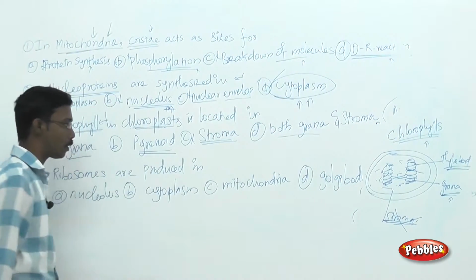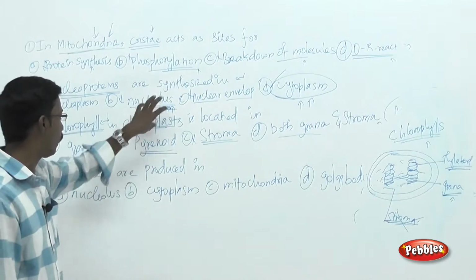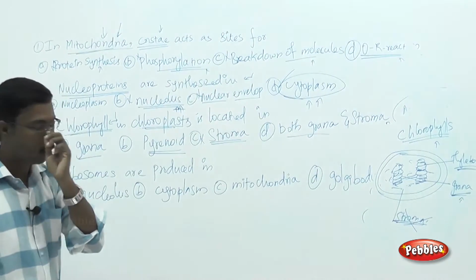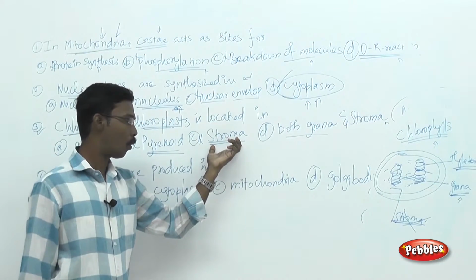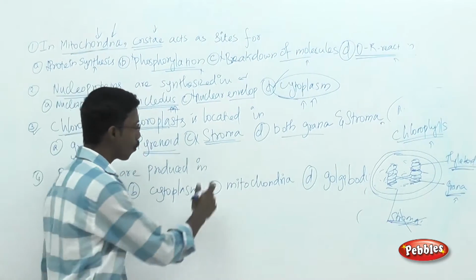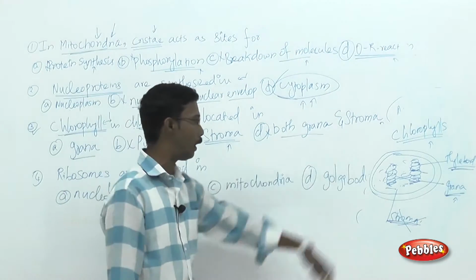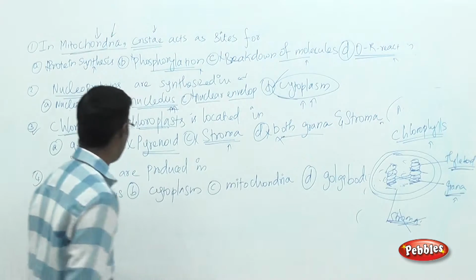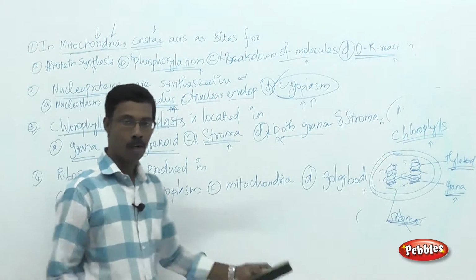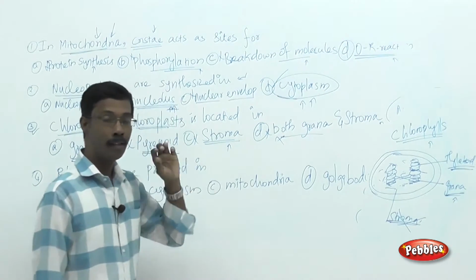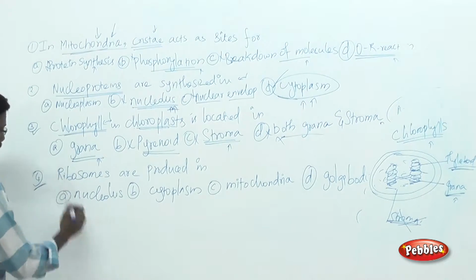Pyrenoid, don't get confused with the term pyrenoid over here. Pyrenoid is also kind of a pigment, another pigment. There is no relationship with the location of the chloroplast. So the pyrenoid is also a wrong answer. As I told you, there are no chlorophylls in the stroma, so you can automatically reject D. Both the grana and the stroma is the wrong choice. So the answer must be the grana. The grana, the piles of coin-like structures, contain the pigments called chlorophylls. Okay, so see the next question.